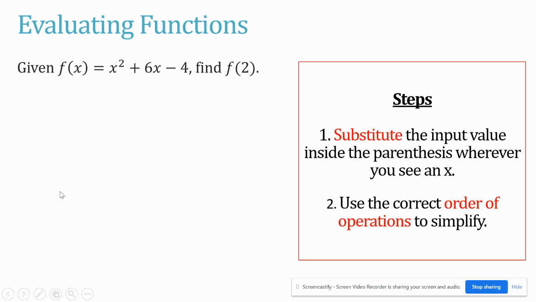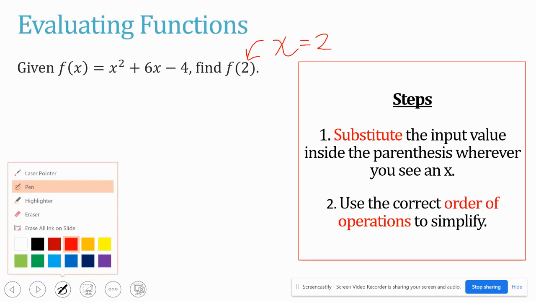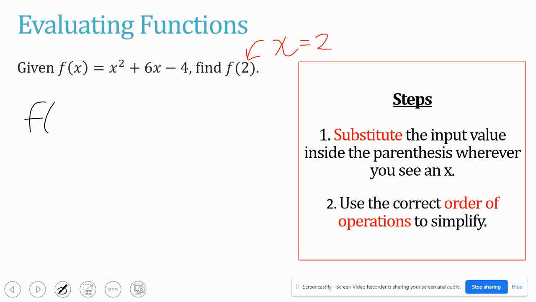Okay, so our first example is given f of x equals x squared plus 6x minus 4. Find f of 2. So we're following the same steps that we did before. We're going to substitute our input value wherever we see an x. So remember, if we have f of 2, that just means that x is equal to 2 here. So wherever we see an x, we are going to substitute a 2, and we're going to put it in